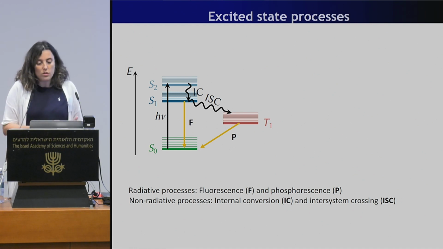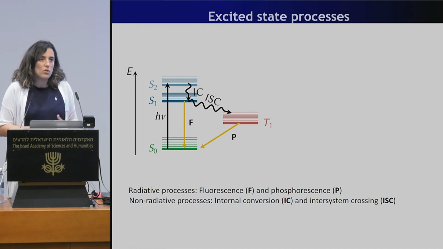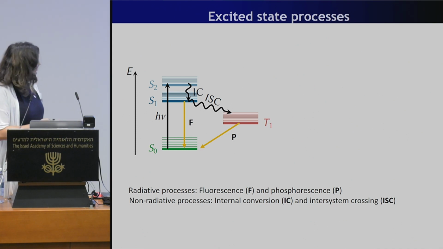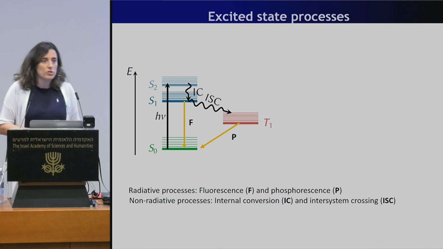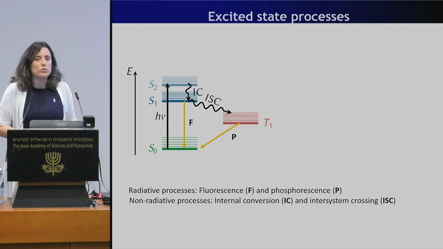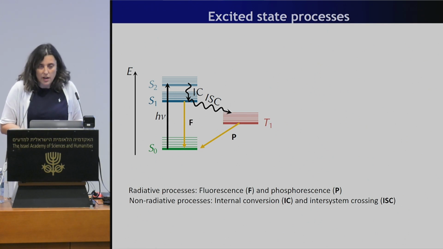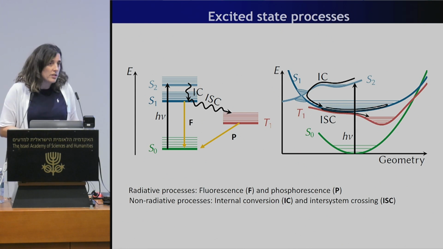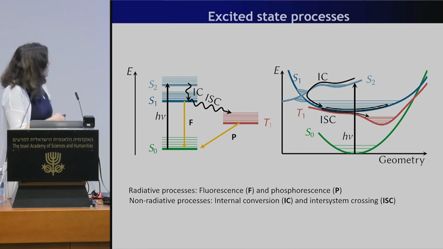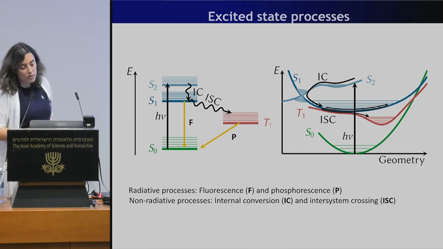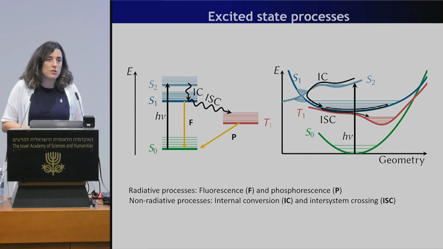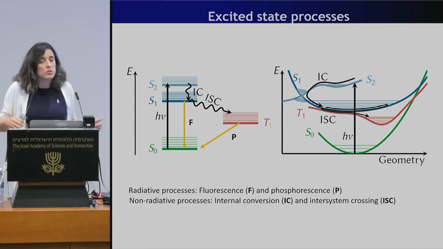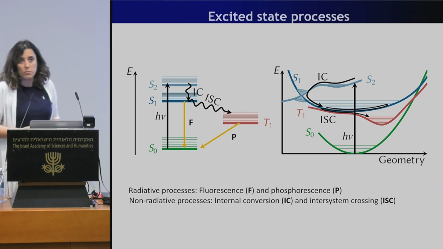So all the molecules that are outside, there is all about understanding and looking at which of all these processes is dominant, and which of all these processes we want to optimize. Now, molecules are more complex than having levels. They have so-called potential energy surfaces. So this picture is now translated into this other picture, which shows that actually we don't have levels. We have a very complex topology that we need to learn in order to understand what the molecule is doing